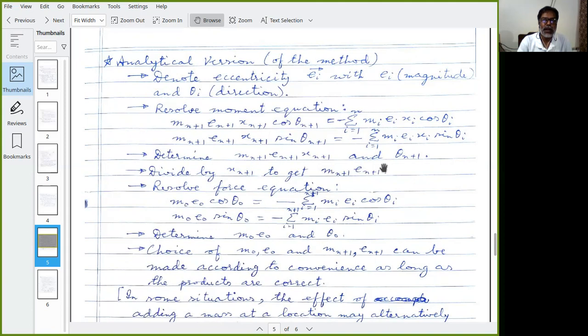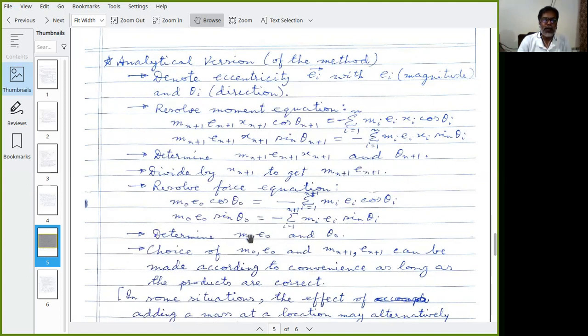So one unbalanced mass into eccentricity in magnitude and direction we have found, because we have found theta and theta and theta. Now you go to resolve the force equations. Now these two being known, n plus 1 you take in this summation, which consists of only known, and on the other side these two components. And when you determine that, from there you determine the magnitude M0 E0 and the direction, and that's it. You are done actually, because you have got this product and this product.